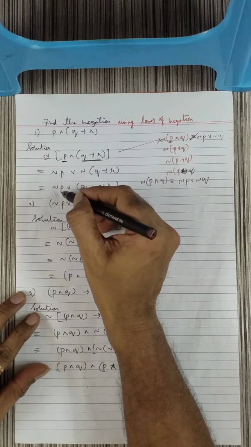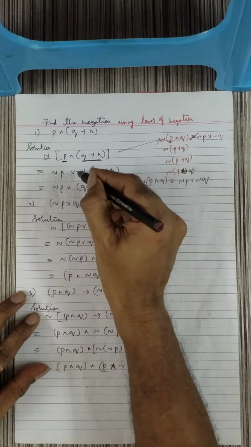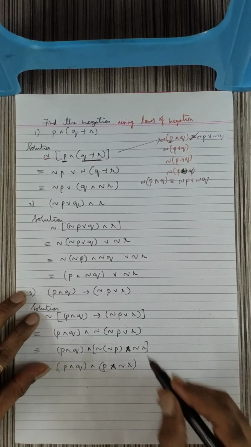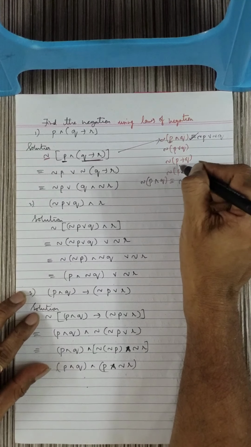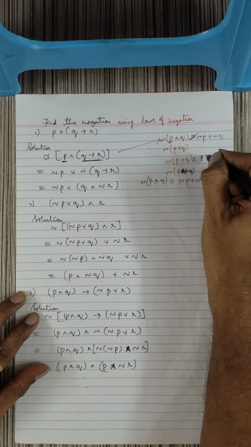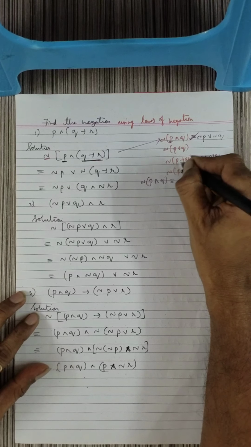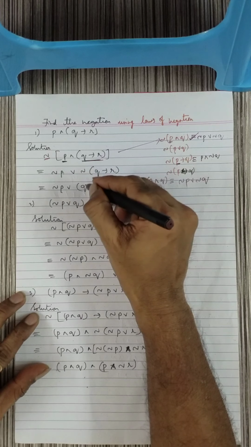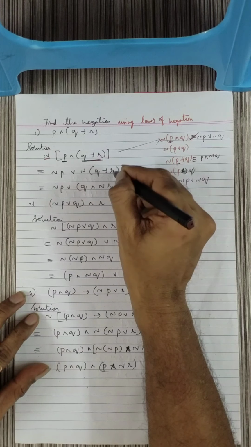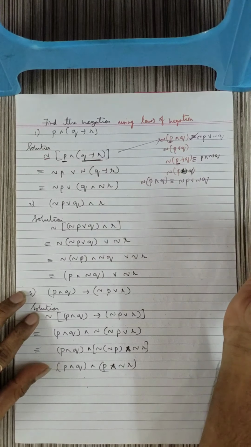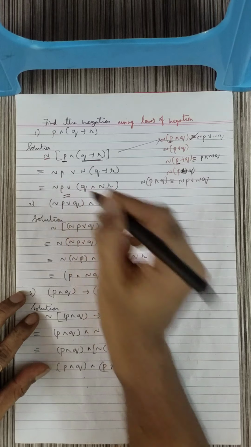Now this is the negation of P, you don't have to do anything, it stays as it is. Here again there is a negation sign outside the bracket and this is of the form P implies Q. The formula for negation of P implies Q is P and negation of Q. That means the first part as it is and negation of the second part. So here also the first part Q as it is and negation of R. So this is the final answer.